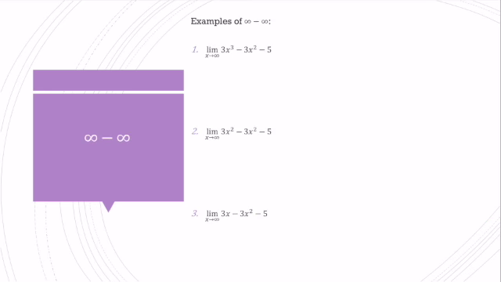Next, I want to look at the indeterminate form of infinity minus infinity. This is a little bit different because it isn't written as a quotient, but here I'm going to get 0 minus infinity. So what I need to keep in mind